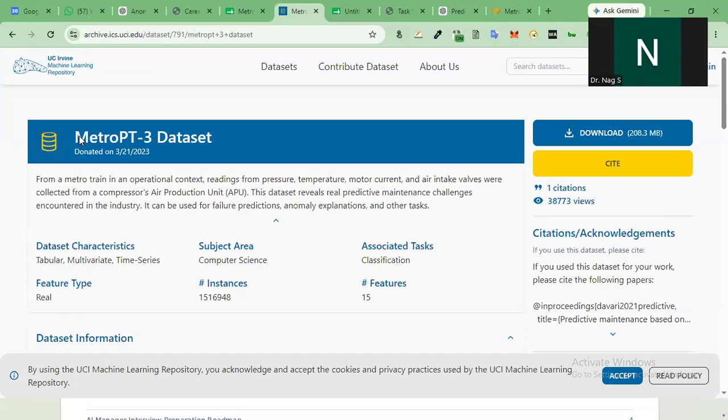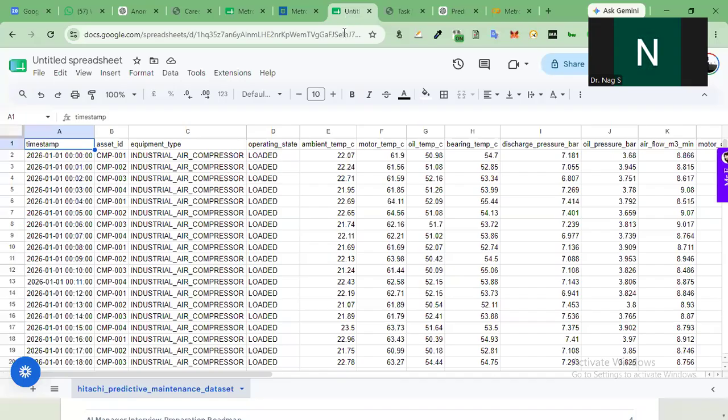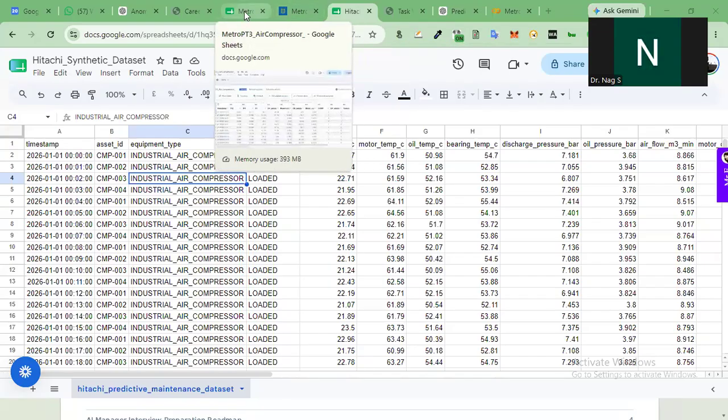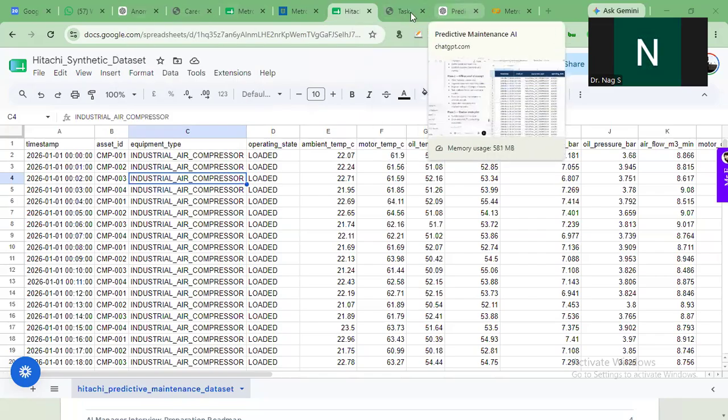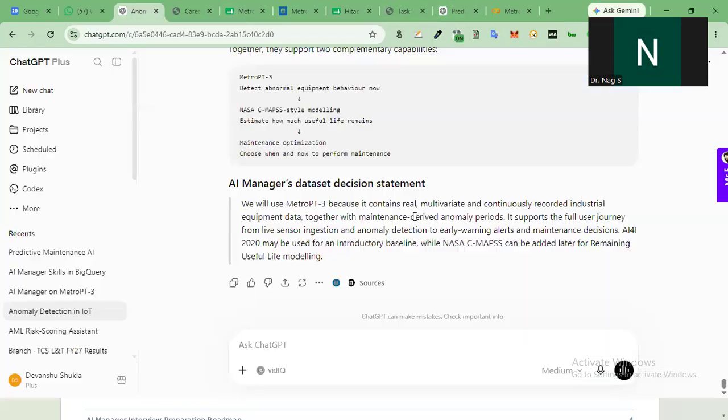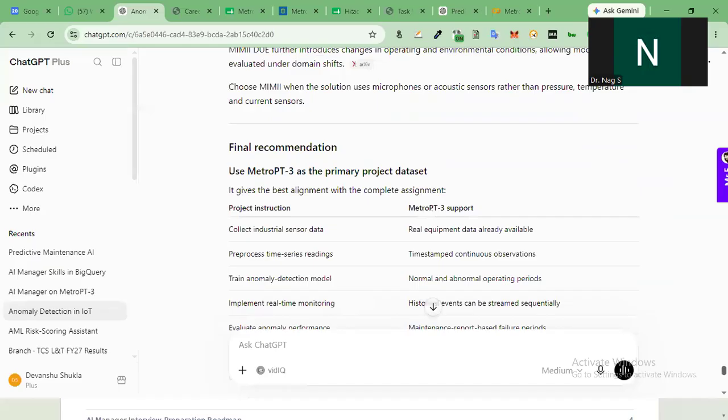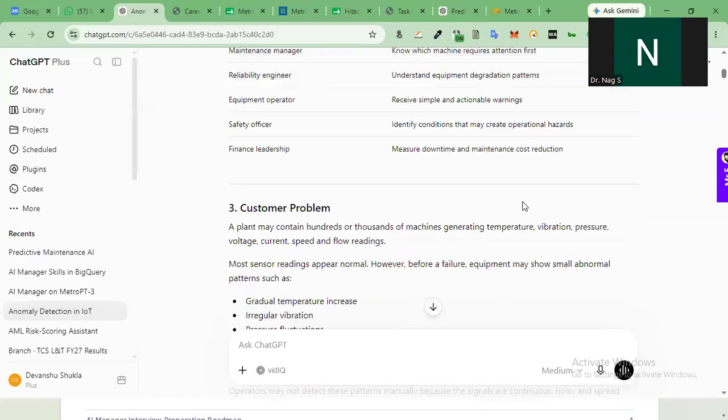One is a standard MetroPT-3 dataset, and the second one is the dataset which I created. This is a synthetic one, Hitachi synthetic data, depending on my parameters which I have discussed with you. So I will eventually show you the parameters which I have taken into consideration in order to build this data